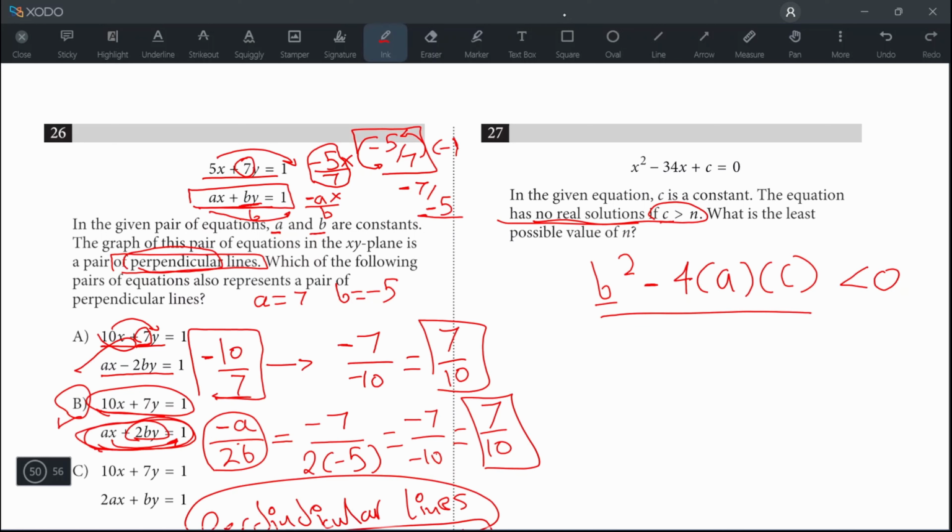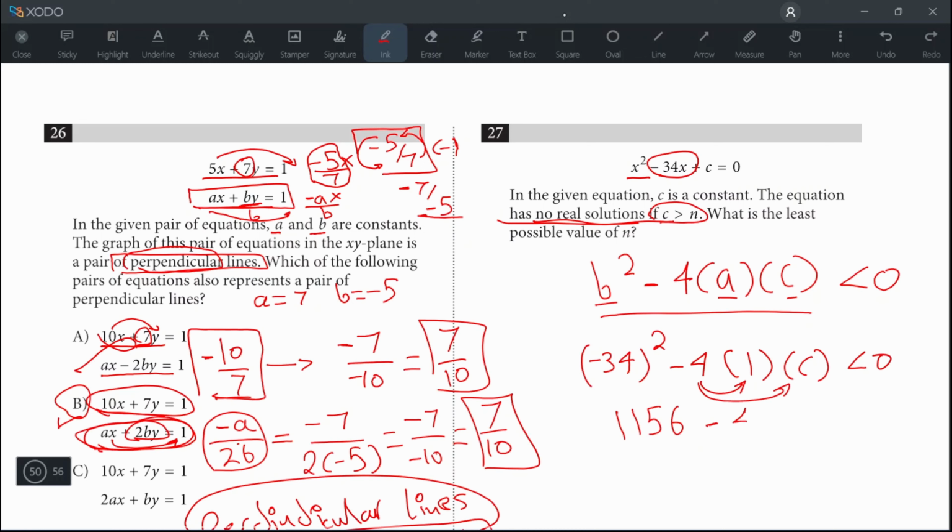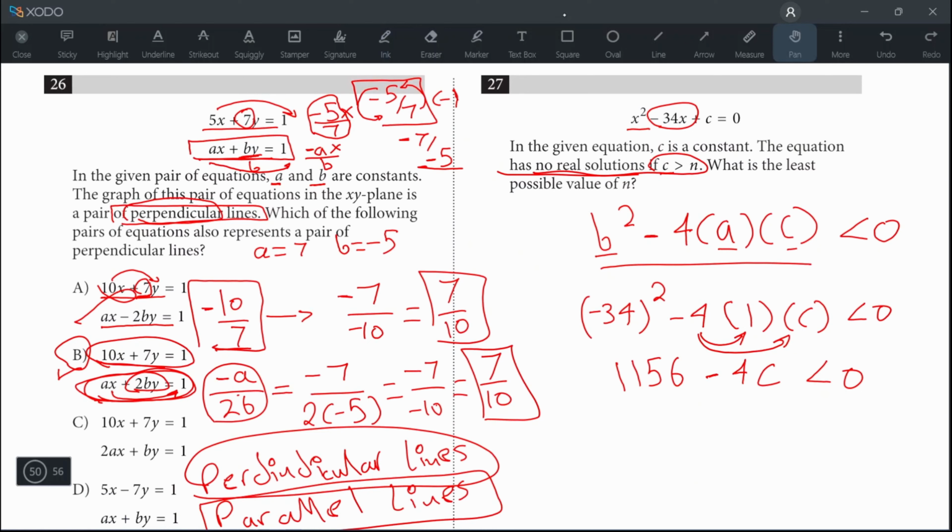Now let's plug in the values of b, a, and c. b is the coefficient of x, which is equal to -34, and a is the coefficient of x to the power of 2, which is 1, and c is the value that we need to find. Now let's solve for c. 34 to the power of 2 is equal to 1156. -4 multiplied by 1 is -4, and -4 multiplied by c is equal to -4c, and that should be less than 0. So we need a value for c that's greater than